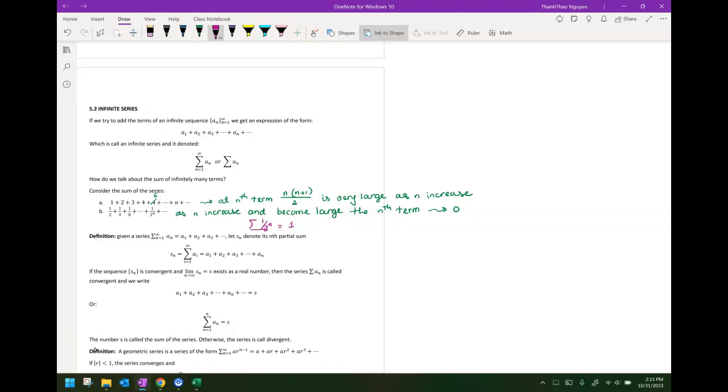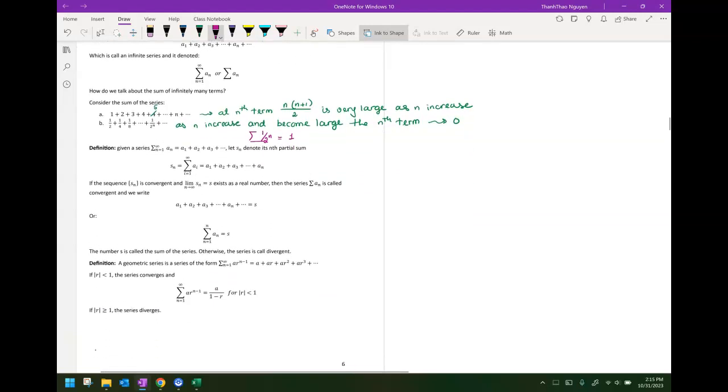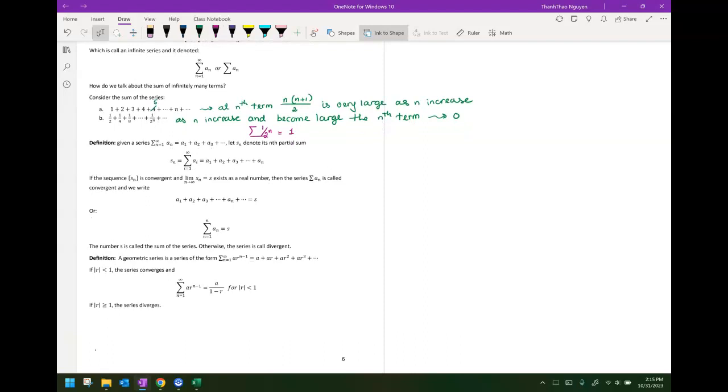Okay. Definition: given a series, the sum at n equal 1 to infinity of a sub n, let s sub n denote its nth partial sum. Then s sub n equals the sum as i equal 1 to n of a sub i, equal to a sub 1 plus a sub 2, so on and so forth to a sub n. If the sequence s sub n is convergent, and the limit of s sub n equals s exists as a real number,